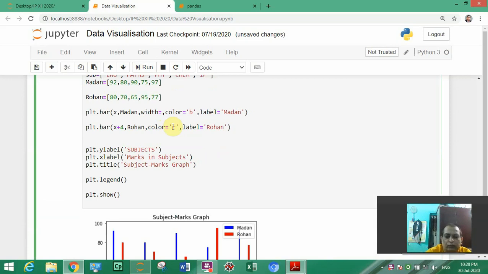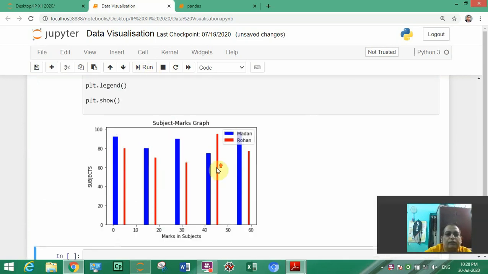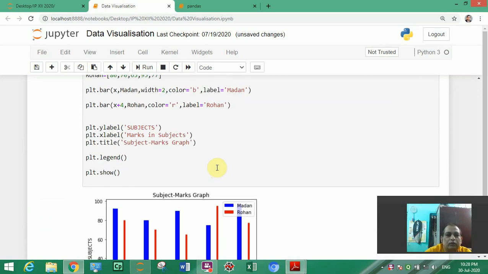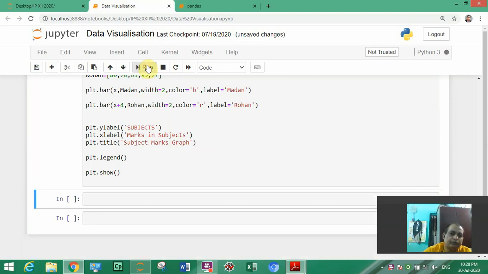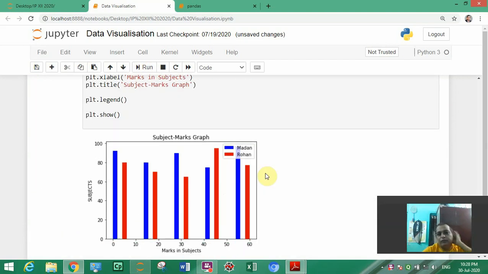If you write 1 or 2, then it will change the width of this blue one. And the same thing you can write here also, width equal to 2 for red also. So it will change the width of this. Already we have seen this in the last video.